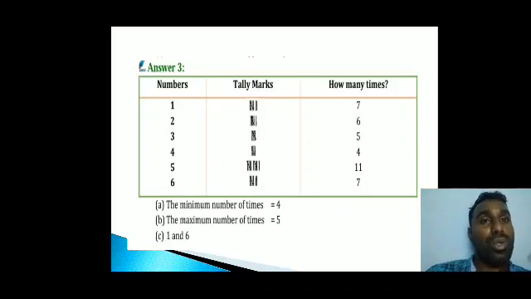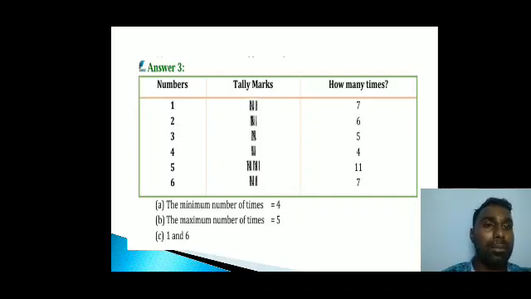We should not put tally marks on those numbers; we have to put tally marks for how many times each came. We should not take the numbers alone. So 4 came 4 times, so we put 1 2 3 4. And 5 comes 11 times: 1 2 3 4 5, 1 2 3 4 5, and then 1, so 11. 6 means 1 2 3 4 5 and then 1 2, because it is 7 here.